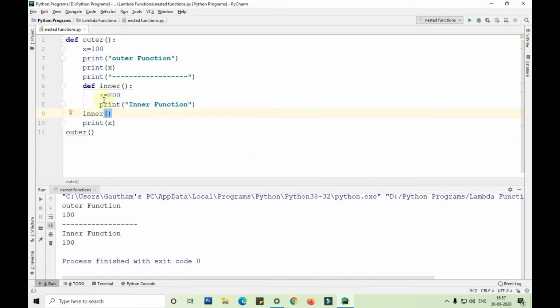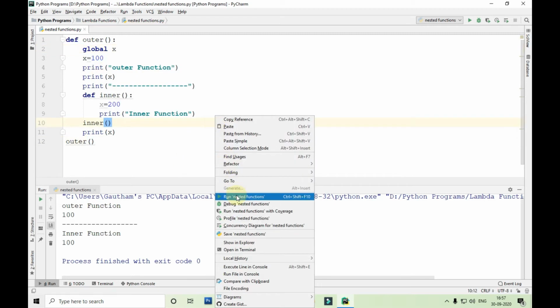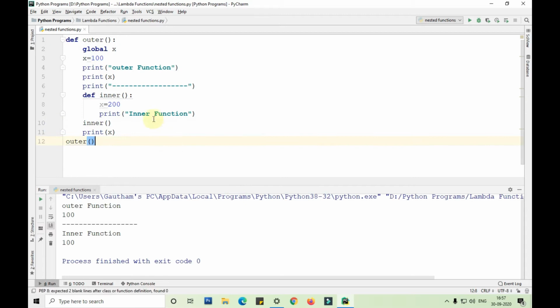As you can see, guys, when we are trying to change the value of x here, it is not changing here because this is a local variable. Whereas if I take this as global x and change it, now if I try to run it, it is still not changing because x is defined here, and we are not defining x as global in this.